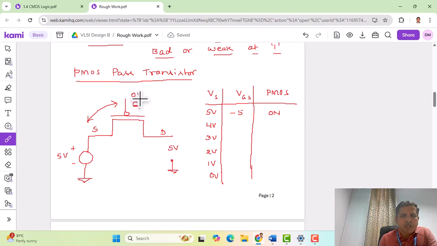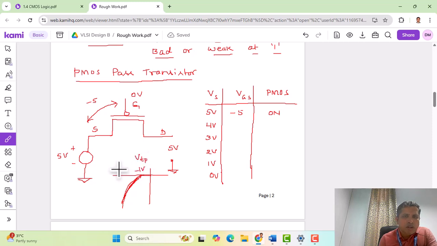The gate is kept at 0 volts. So VGS is VG minus VS, 0 minus 5, which remains at minus 5. The PMOS transistor VGS characteristic is somewhat like this. We have a threshold of minus 1 volt for PMOS,